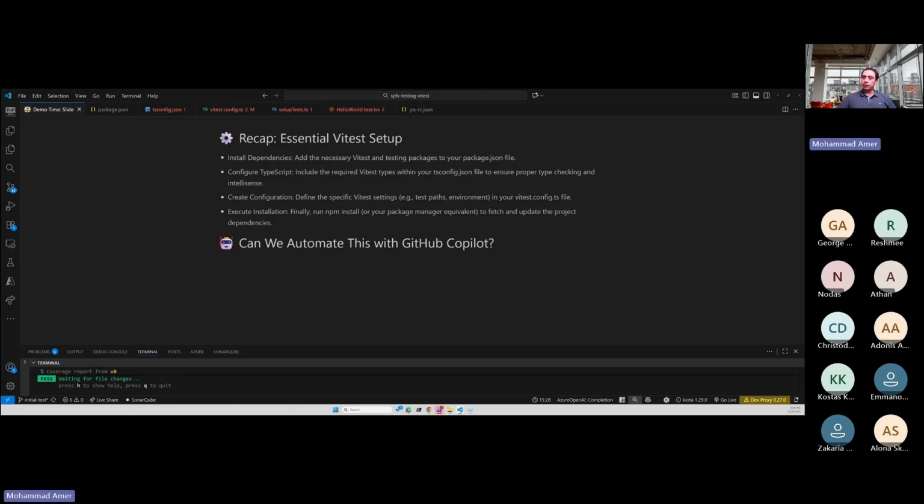Yes, it can be done, and we can then leverage the VS Code prompt files. I don't know if you have heard about the VS Code prompt files or not. I believe that you have heard about these VS Code prompt files. If you already have a GitHub Copilot license, then of course you have heard about that. So yeah, we can use the VS Code prompt files to add the generated prompt file to these prompt files